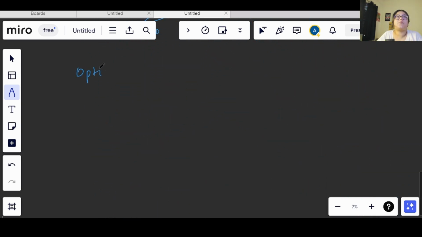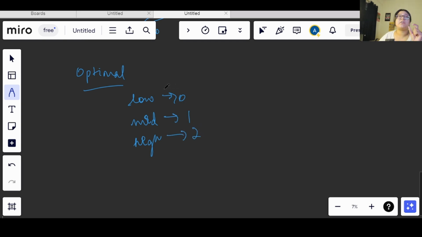So in the optimal approach, we will be using 3 pointers, okay? Here the 3 pointers will work like this: one will be maintaining the zeros, the other one will be maintaining ones, and the last one will be maintaining the twos. The variables that we will be using are low, mid and high, okay? So basically low will be maintaining the zeros, mid will be maintaining ones, and high will be maintaining twos.